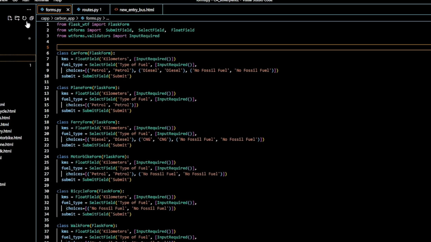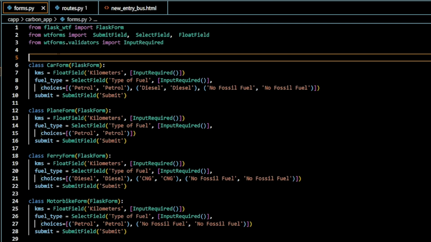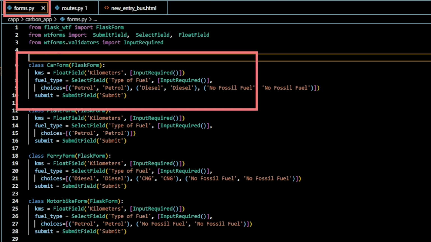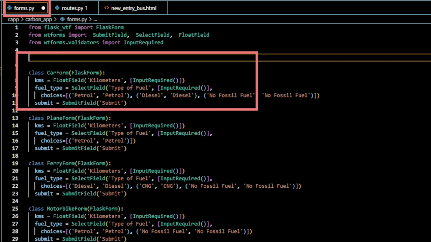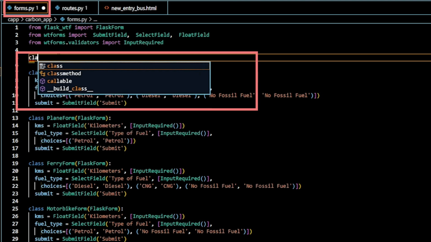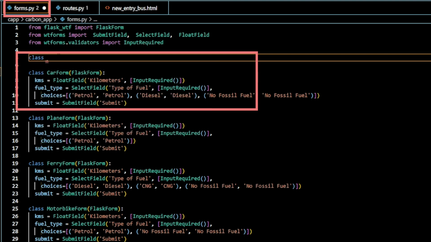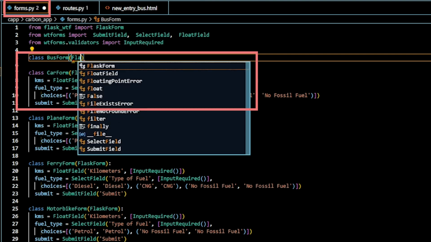Okay. Then I have three files, and we are going to work in these three files. The first file is the form.py that is inside the Carbon app package, and the first thing that we are going to do is create the class to place the form. Here you have to type class BusForm. This is going to be a Flask form,